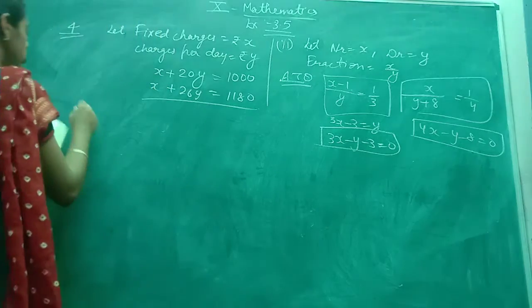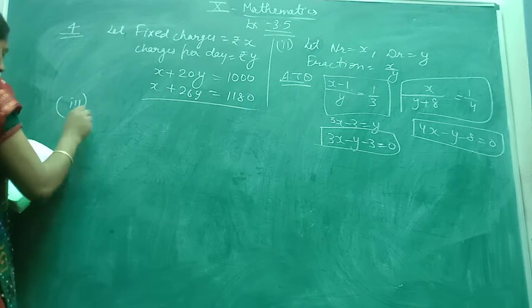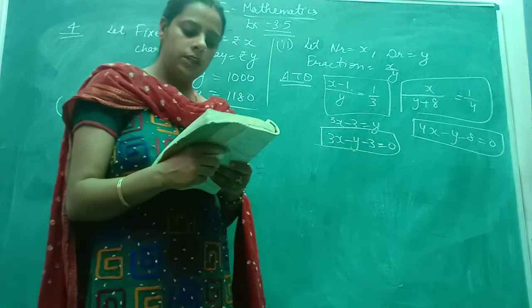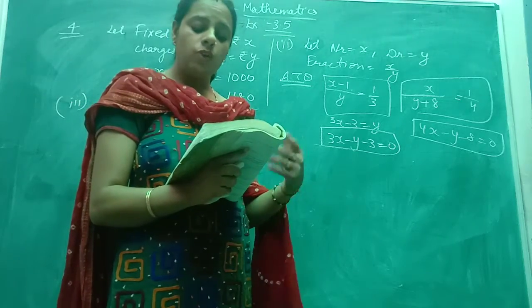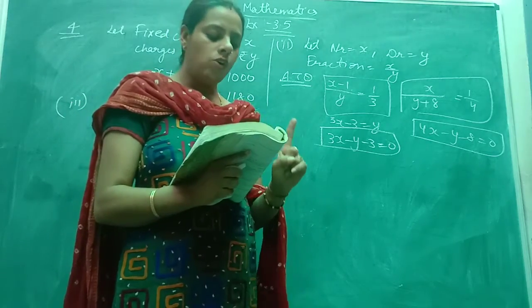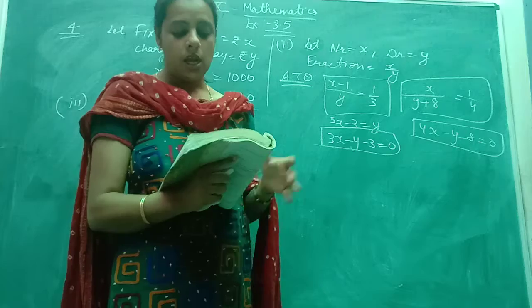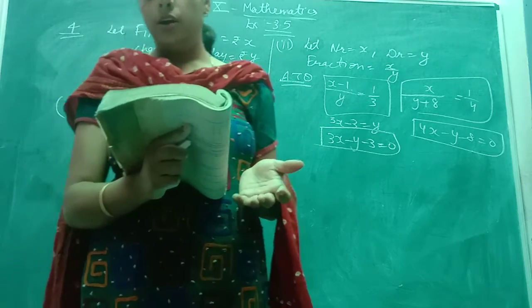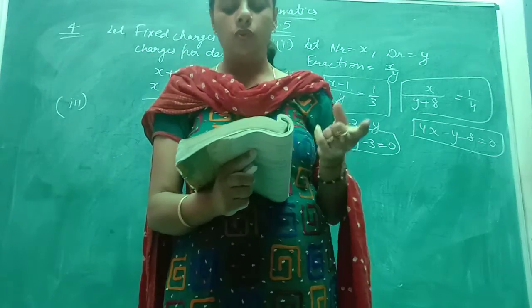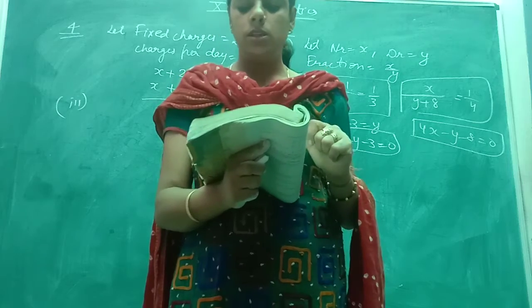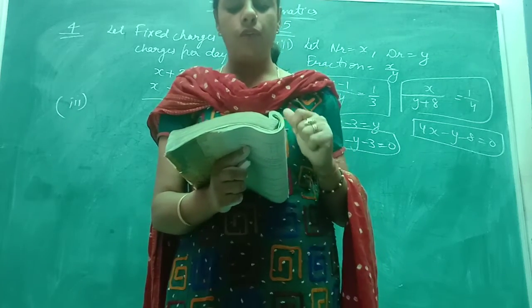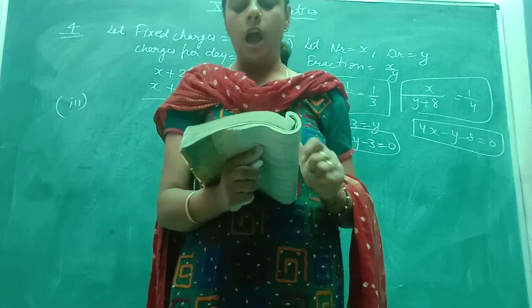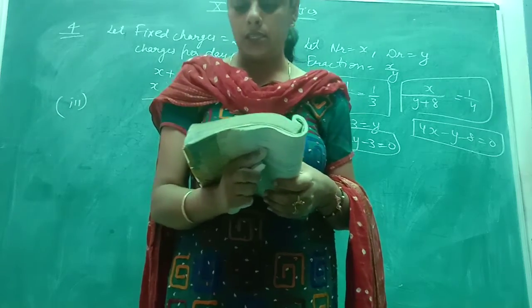Now come to question number 3. Yash scores 40 marks in a test. He gets 3 marks for one right answer and loses 1 mark for a wrong answer. Had 4 marks been awarded for each correct answer and 2 deducted for each incorrect answer, Yash would have scored 50 marks. How many questions were in the test?